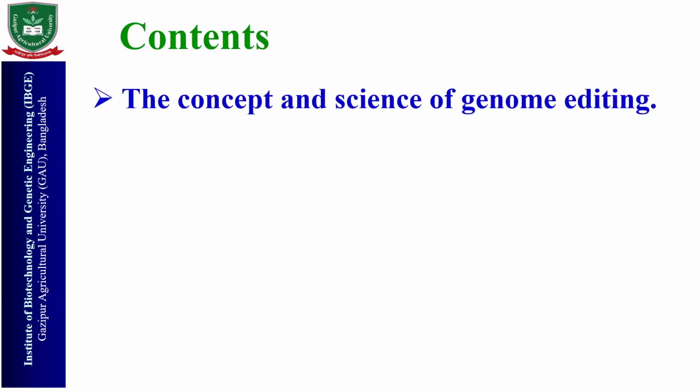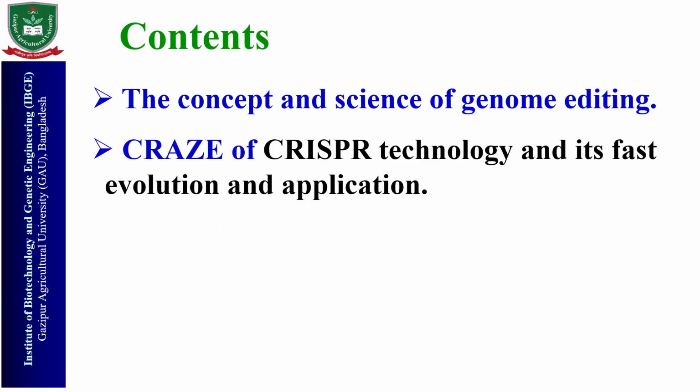So today I shall discuss the concept and science of genome editing, especially CRISPR: clustered regularly interspaced short palindromic repeats. The technology is still a craze worldwide, and its fast methodological evolution and application is taking place, and it is becoming a user-friendly tool for